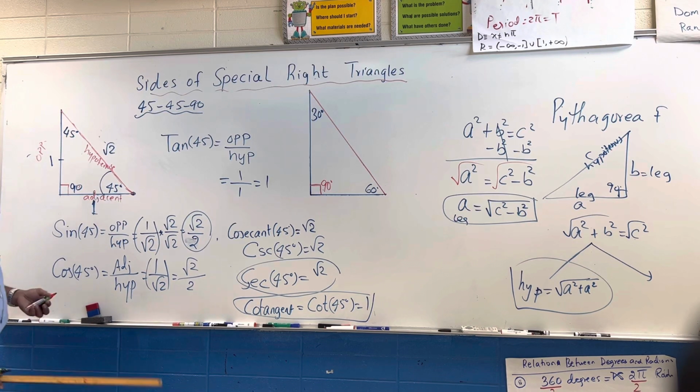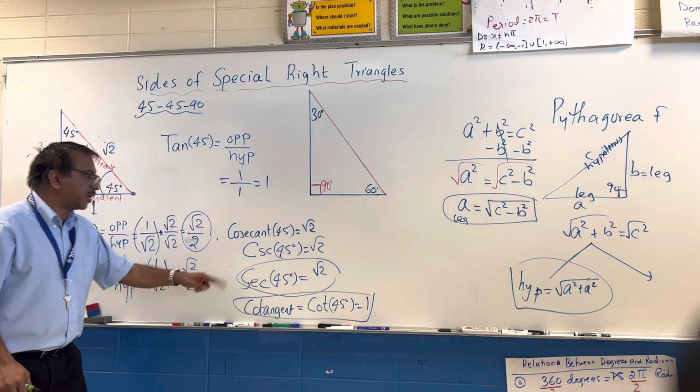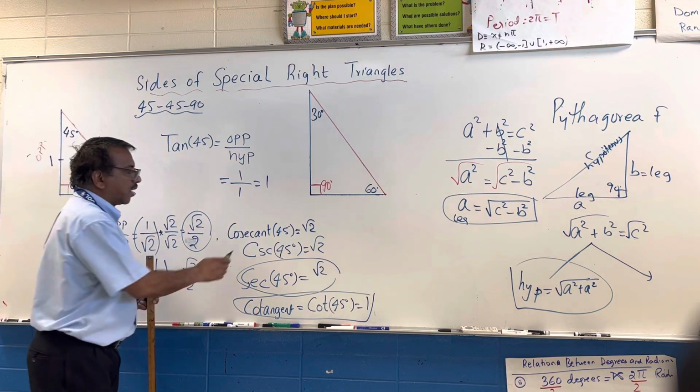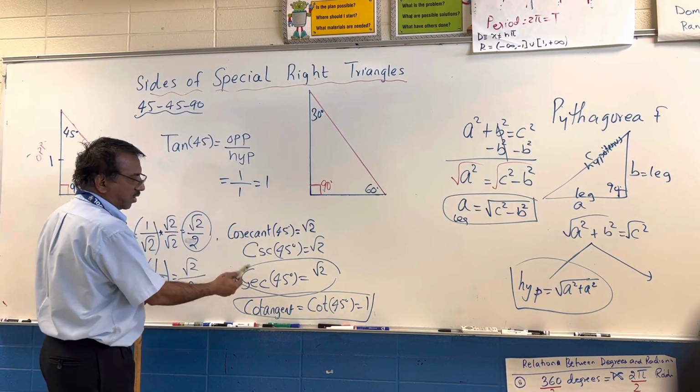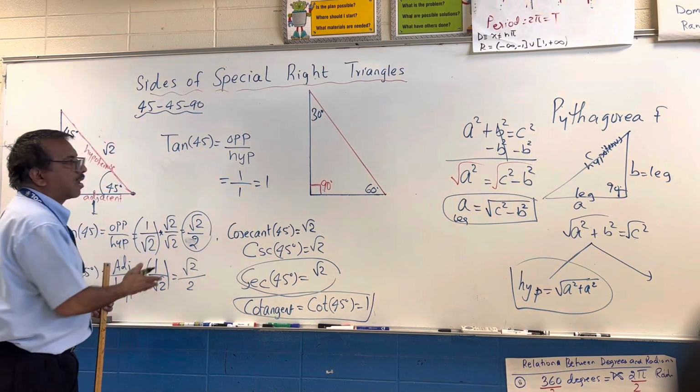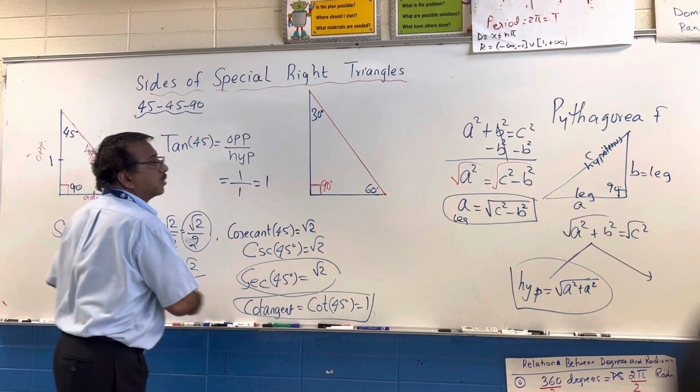Hopefully I'm not going too fast here, because you know sine, cosine, and tangent. This could be the new one, CSC, which is cosecant, and this is secant 45. They are just the reciprocals of these. That's all it is. Now let's go back to